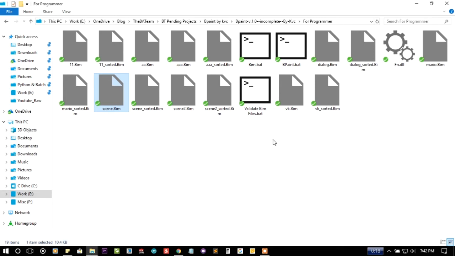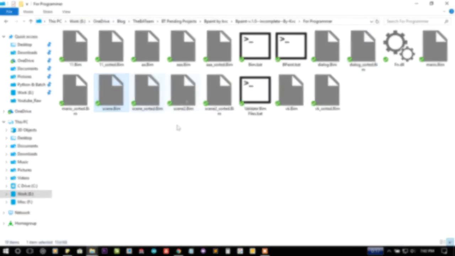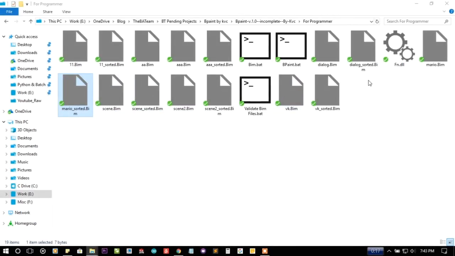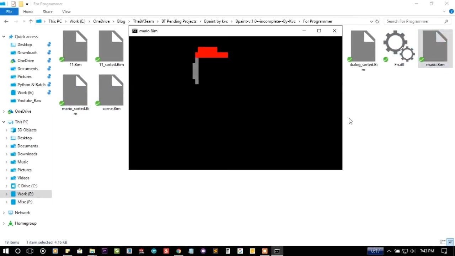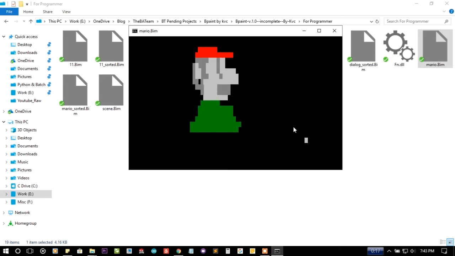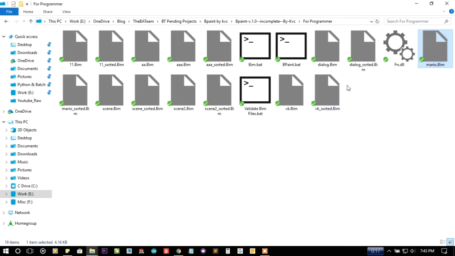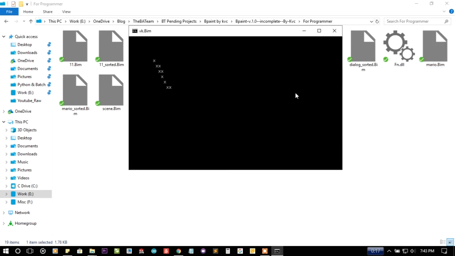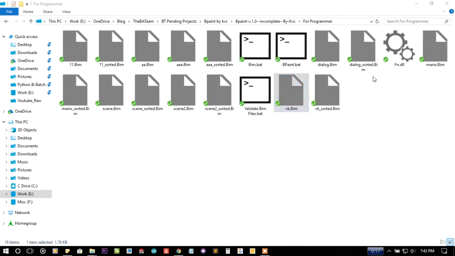I'm doing that. Okay, it is automatically getting closed. So in the mario.bim you can see a Super Mario from the 90s. I just tried to make it, but that is what I can create. So this is the name of my friend Vikram. I have written it